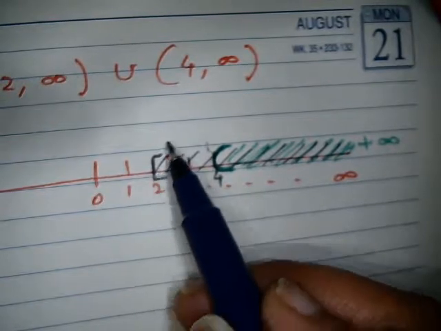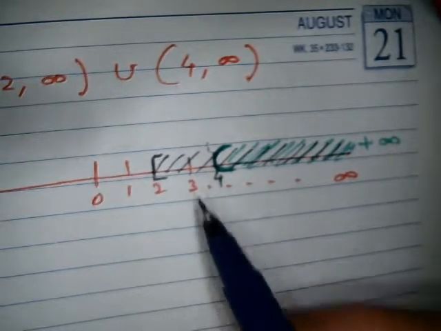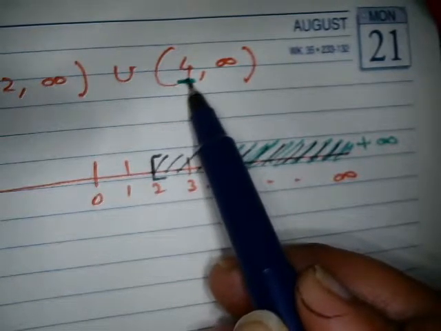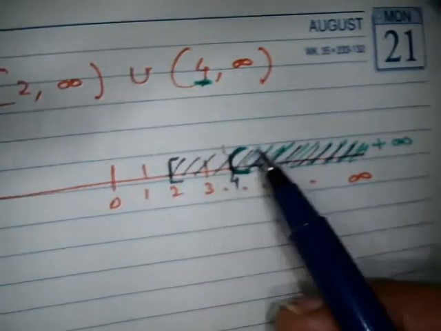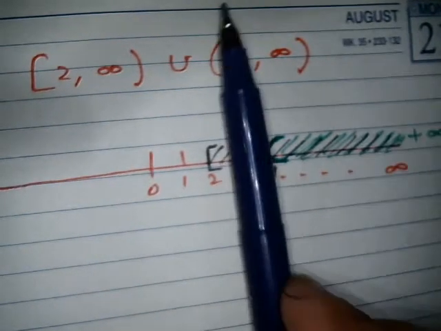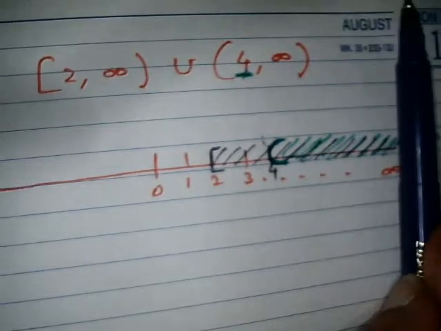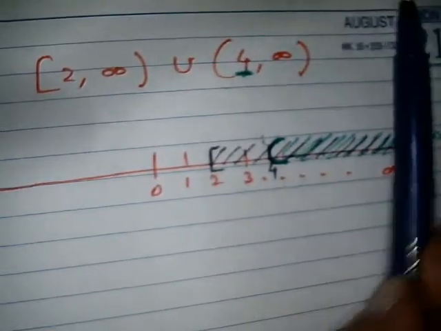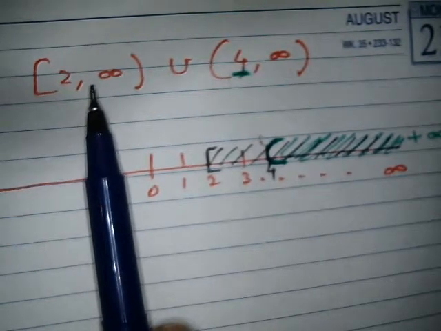This set is starting from 2 to infinity, meaning this set is going to contain all the points, and this set is going to contain from 4. So 4 is going to be included, because this set is containing 4. If this is not containing it, it doesn't matter, because if it is present in one, then the union will definitely be containing it. So the answer is going to be from 2 to infinity,